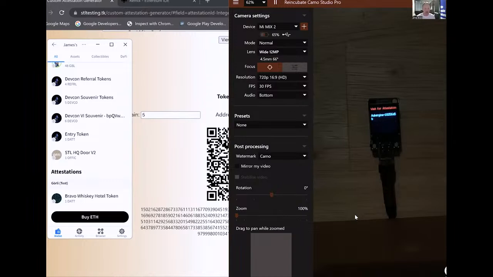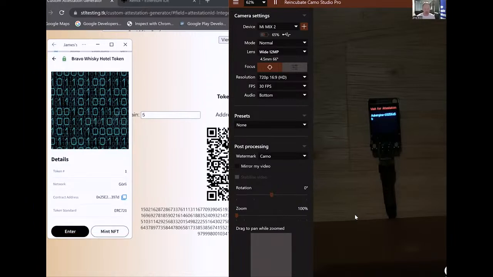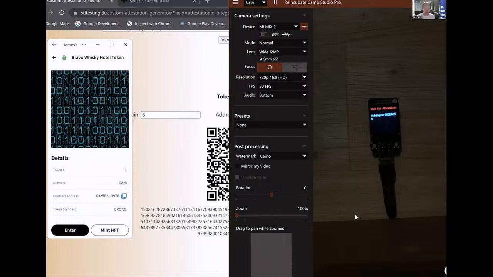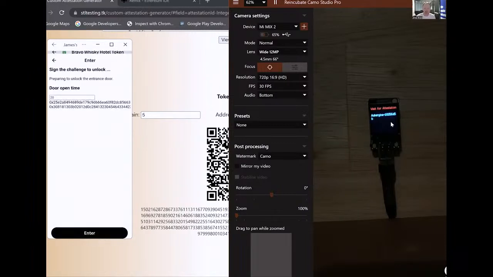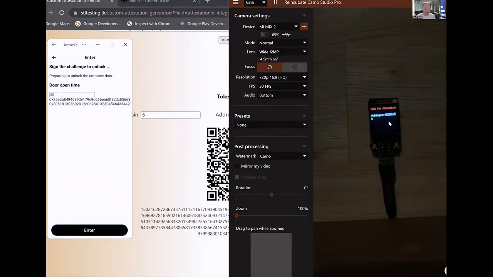So I'm going to open up my attestation, and I want to enter the door. The door is presenting me with a challenge, which is this text here, which is aubergine and then a hex number. So I'm going to sign that challenge with my Ethereum key that's tied to the attestation.